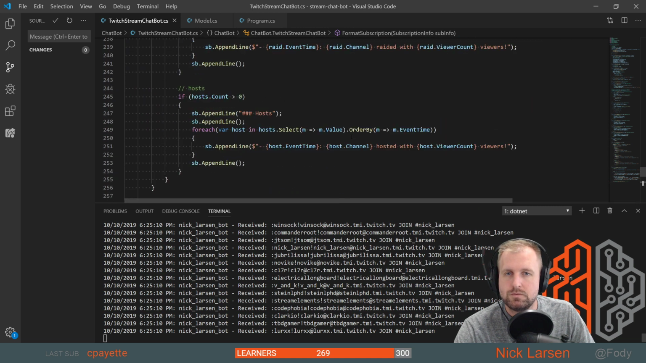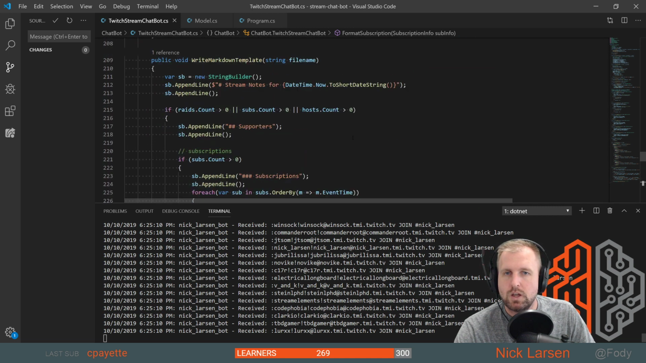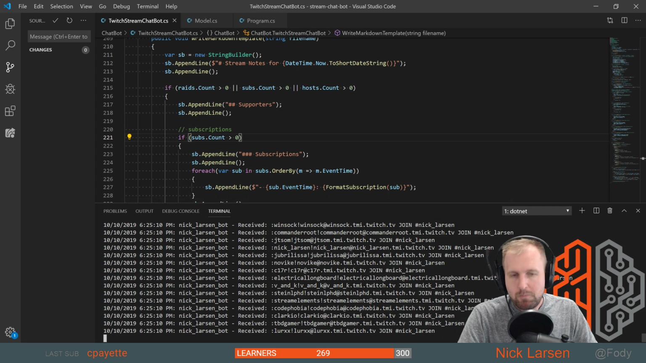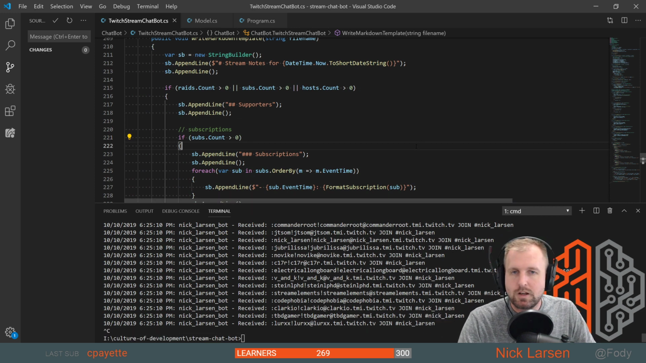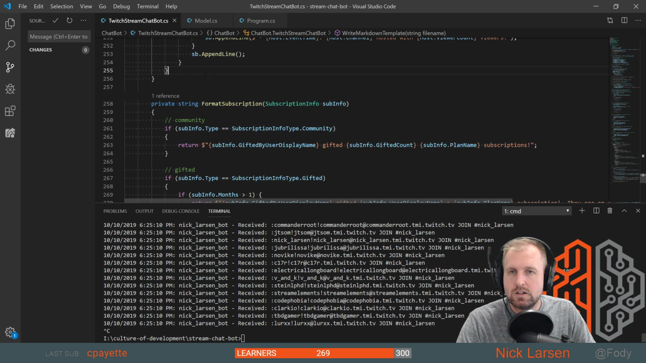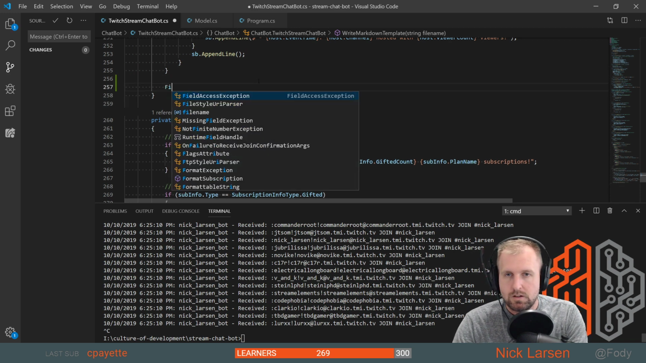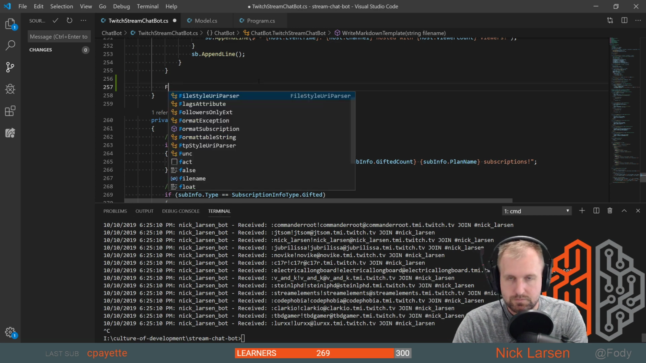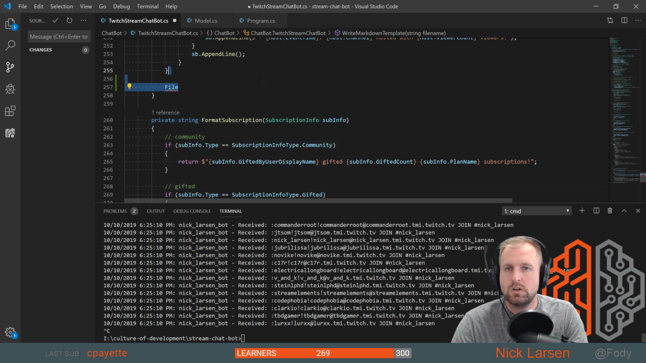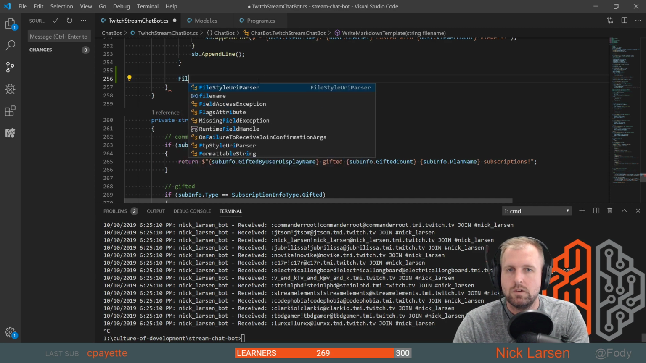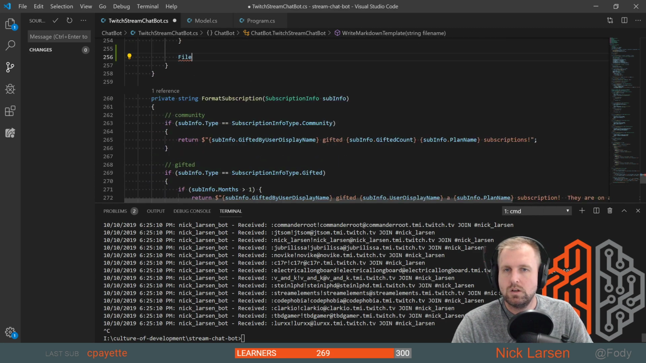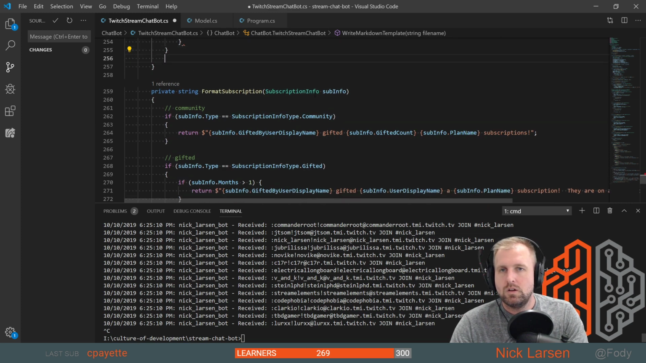Okay. Host, raids. Oh shit, I didn't actually... Okay, well, see, there's your problem right there. Didn't actually make it so that it writes the file. Is this not working? Oh, wait, hold on. Okay, I don't want it in here. I want